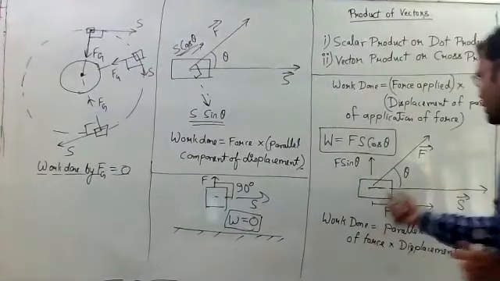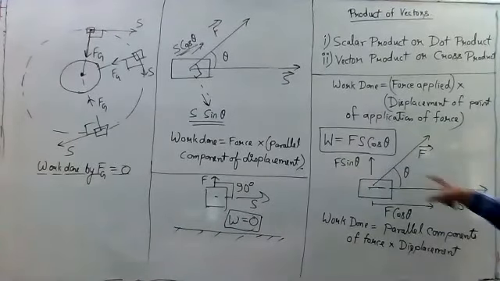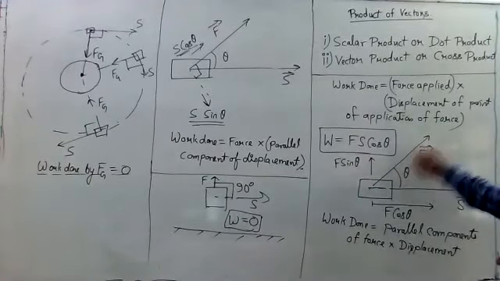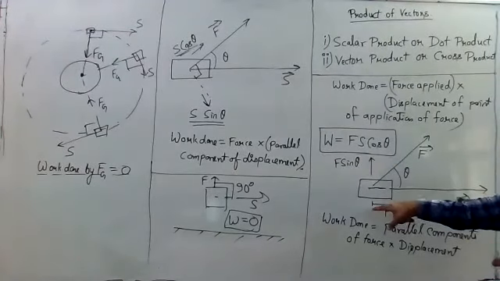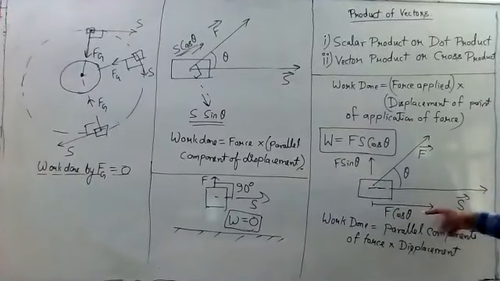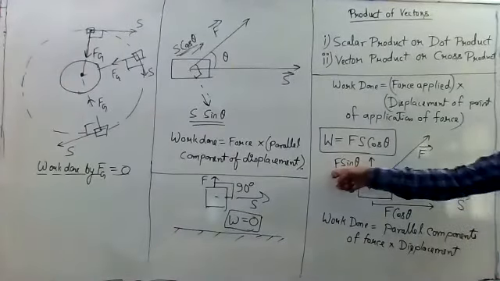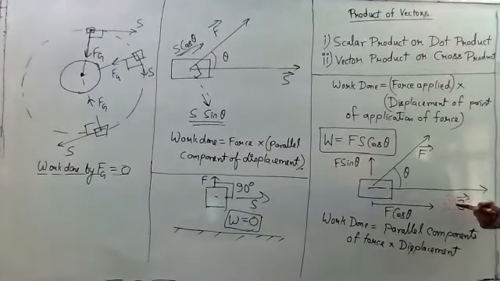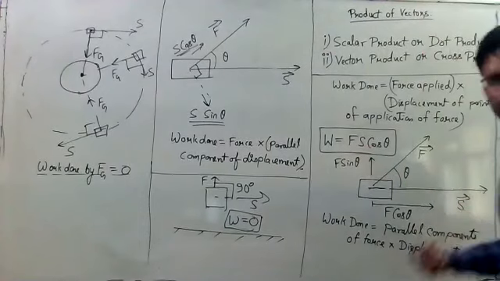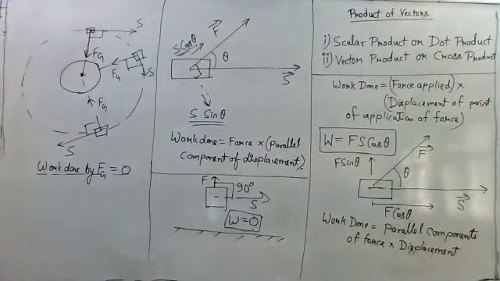So that's why, when we take any vector at an angle with a second vector, we break this vector into two components, one perpendicular to the second vector and one parallel to the second vector. In this case, we will take only the parallel component. I will not take the perpendicular component, right? Because the dot product of the perpendicular component and the second vector is going to be zero. Is it clear to all of you? Okay, just copy this completely.